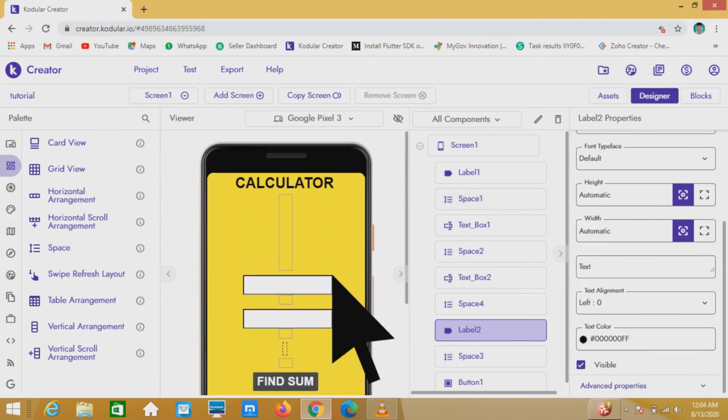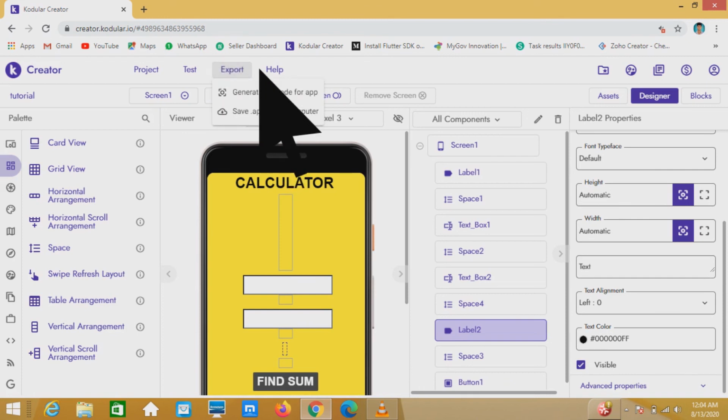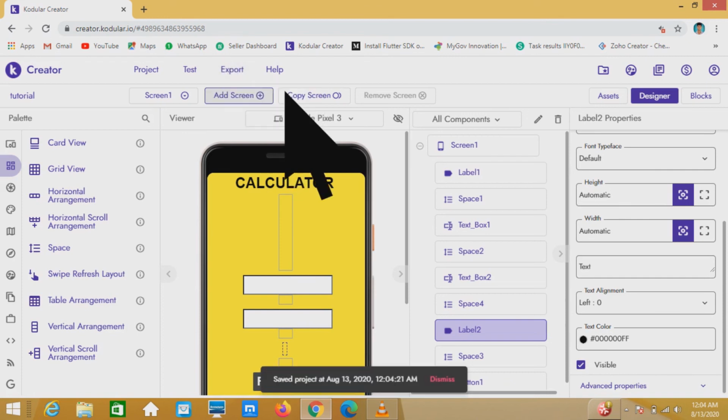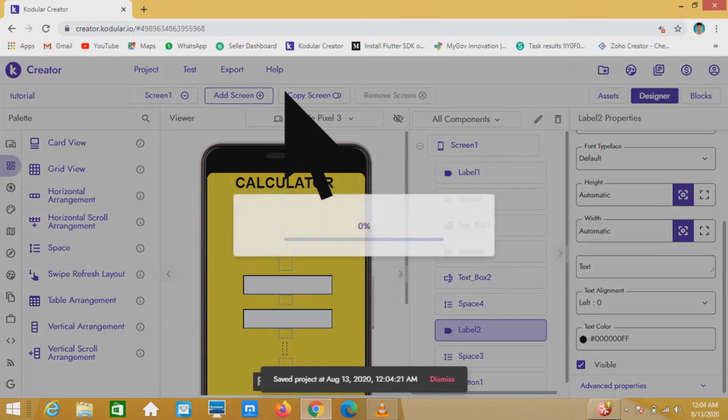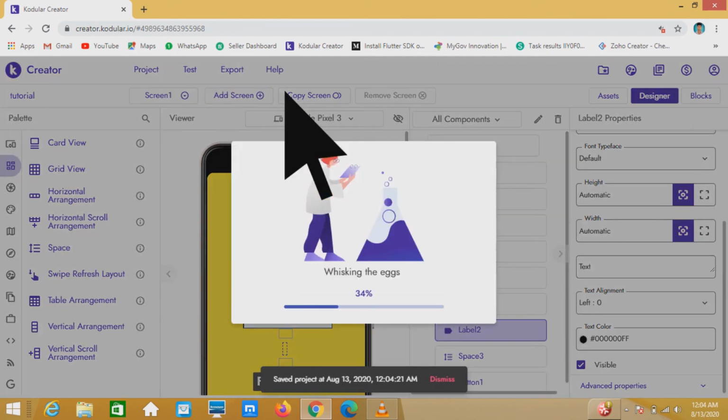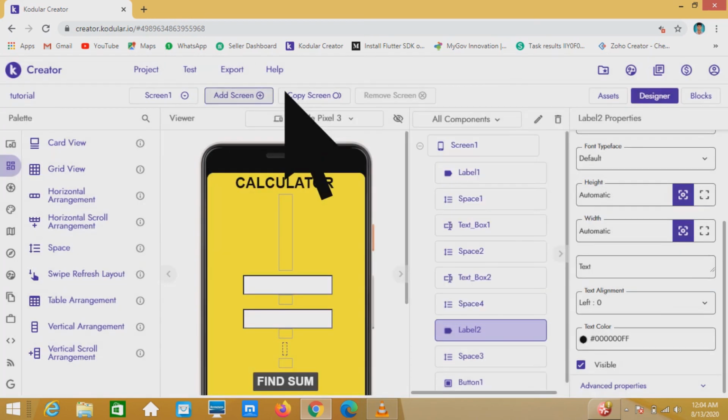So we have to install this app on your device. For that, click on export and click on generate QR code for this app. It will take some time and your QR code will be generated.